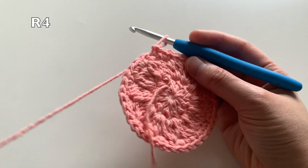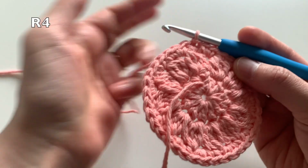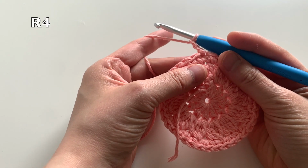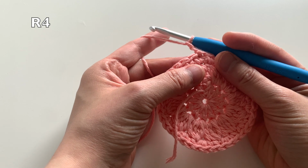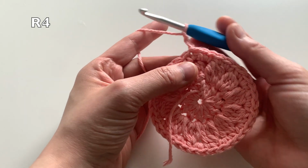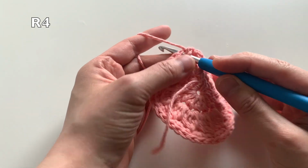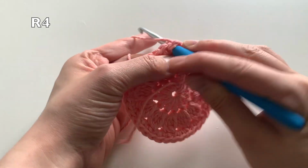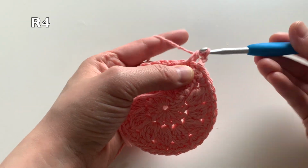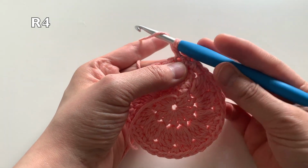So here's how you're going to do the last round. We're going to chain 2 to start. Then you're going to insert a small cluster in the next stitch. This is what a small cluster looks like. You're going to yarn over, insert your hook into that specified stitch, yarn over and pull through, yarn over, go through 2 loops. Then you're going to repeat that twice, so yarn